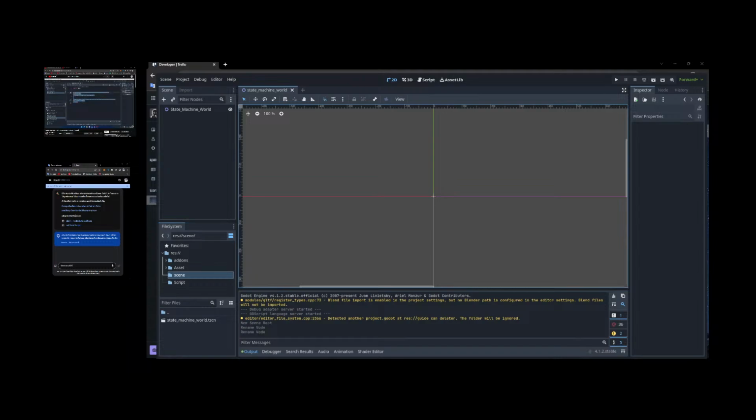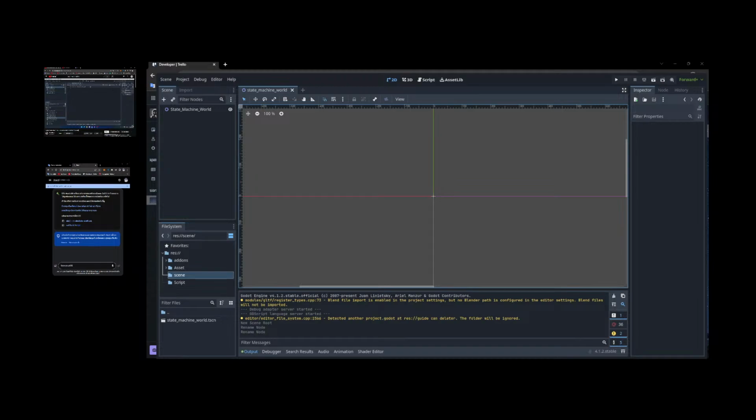Now our state is going to need an actor. And this is going to be the thing that our state manipulates. So let's do an export variable for this, and we'll call this actor. It's going to need to be a... so if we come into our business goblin here, we've got a